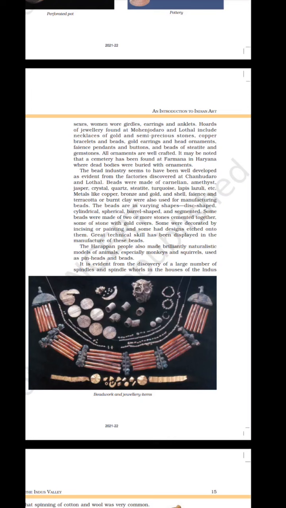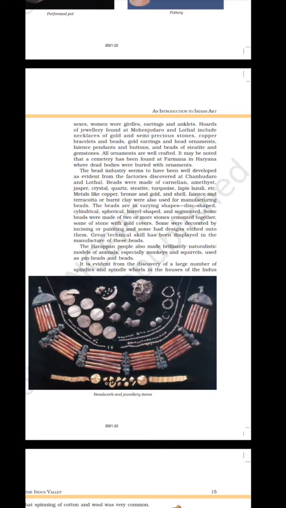Some beads were made of two or more stones cemented together, some of stone with gold covers. Some were decorated by incising or painting, and some had designs etched onto them. Great technical skill has been displayed in the manufacture of these beads. The Harappan people also made brilliantly naturalistic models of animals, especially monkeys and squirrels, used as